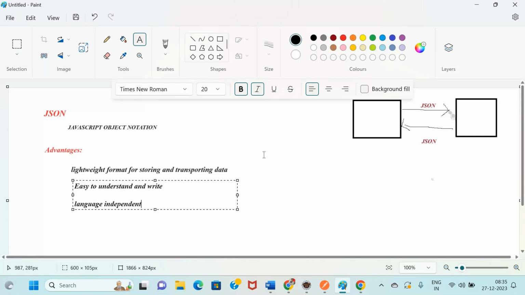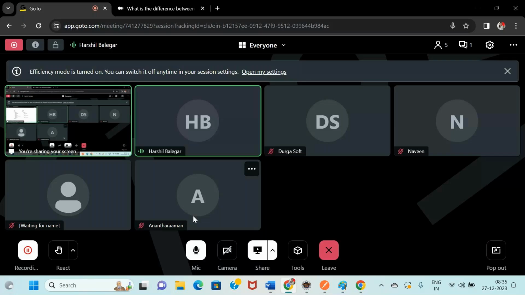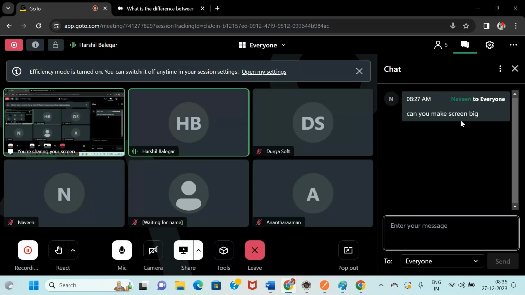Any doubt here? Make use of the chat, guys. I don't expect you to speak only. If you can use the chat also, well and good. Can you make a big screen? No, mine is only big screen. You guys have to set up your system.